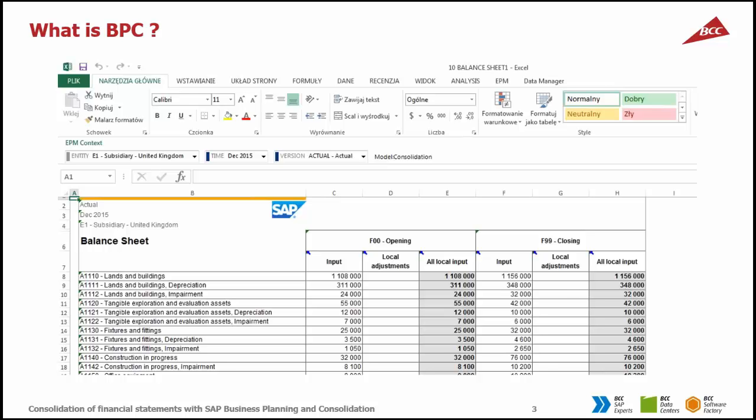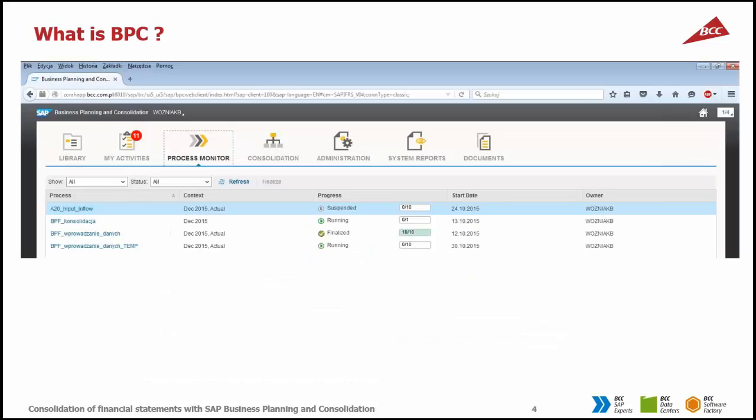And the second part of this solution is web-based, web browser-based portal, where you can manage the whole process of consolidation. You will see what activities in which order you should follow to end up successfully. There is also, as you can see, process monitor for persons responsible for administrating the whole workflow.